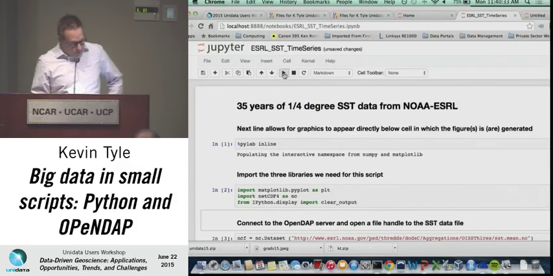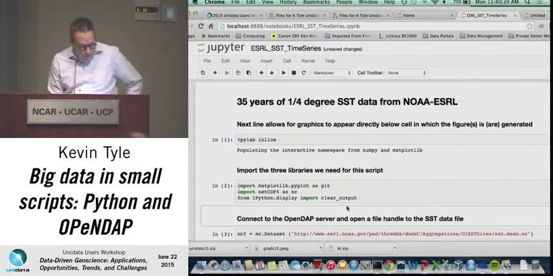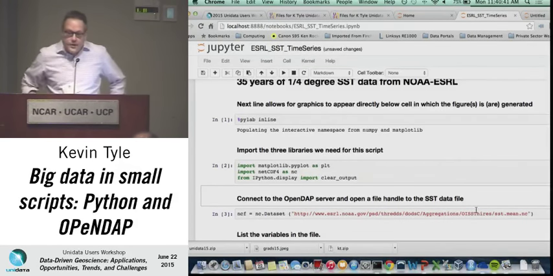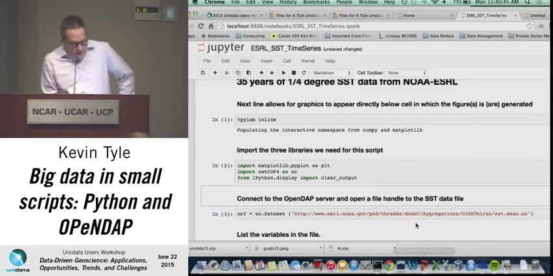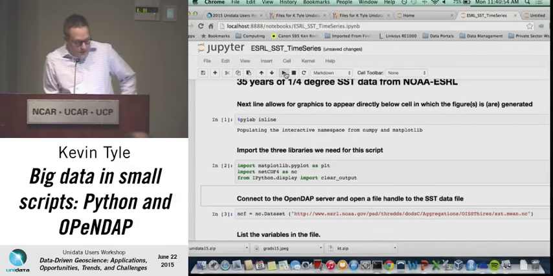command. But now comes the point where we're going to actually connect to this URL. I mean, if you look down here, all this looks like is an HTTP URL. But when you see things like DODS in here, that's your sign that you're dealing with an OPeNDAP served data set. So I execute this file,